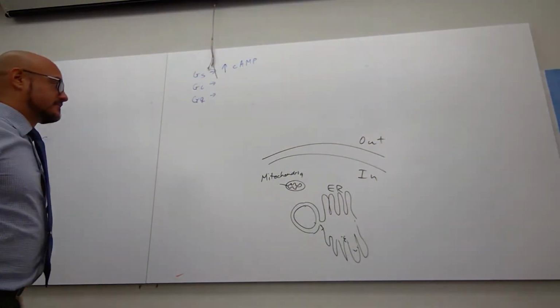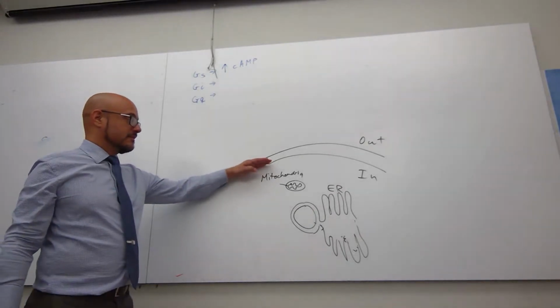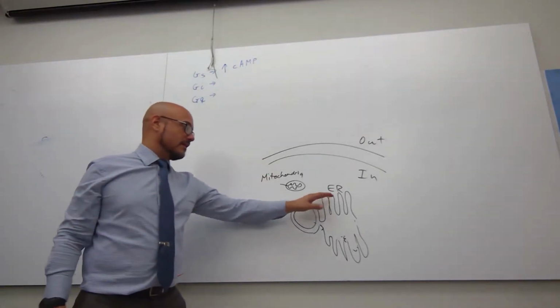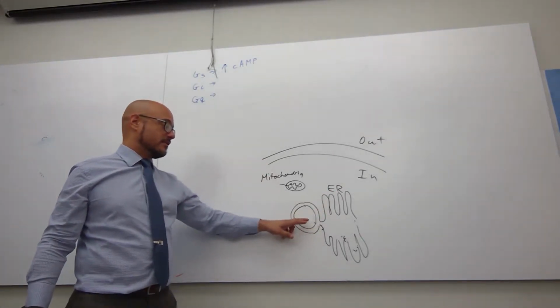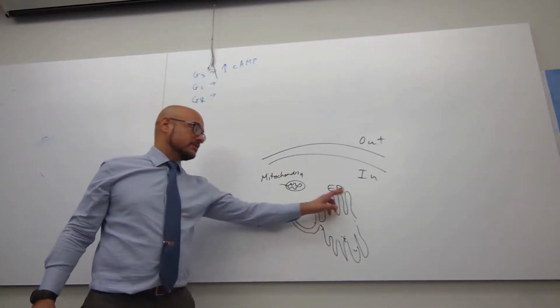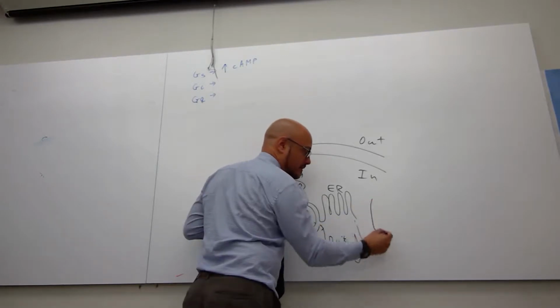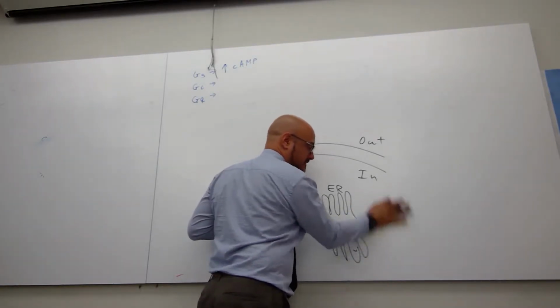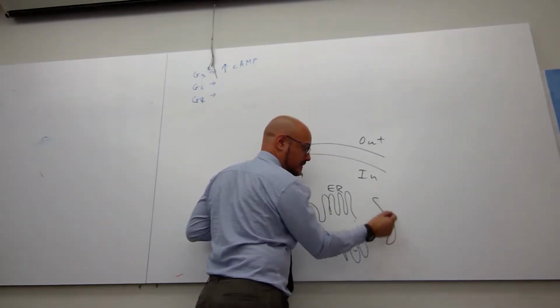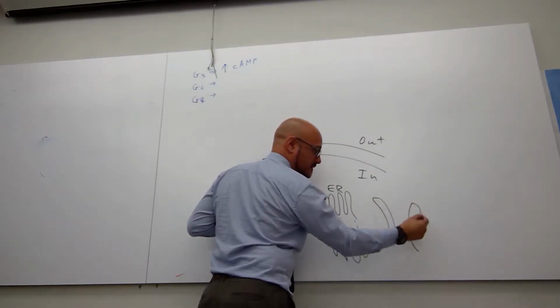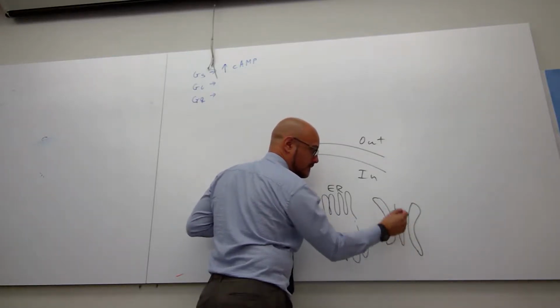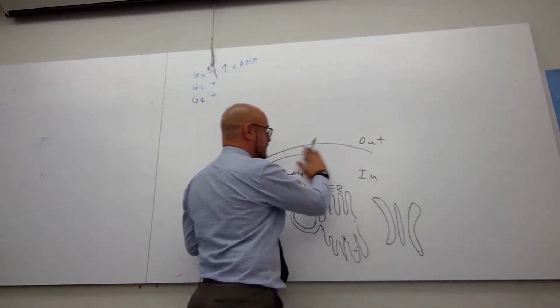All right. So we got the membrane of the cell. We got the mitochondria. We got the ER. We got the nucleus. Nucleus has an outer and inner membrane. The outer membrane is consistent with the ER. The other structures that we have are the Golgi. The Golgi has a cis face and a trans face. And then sure enough,